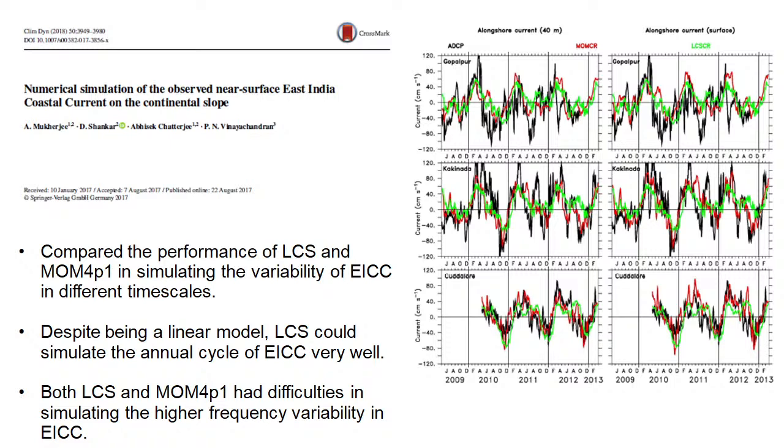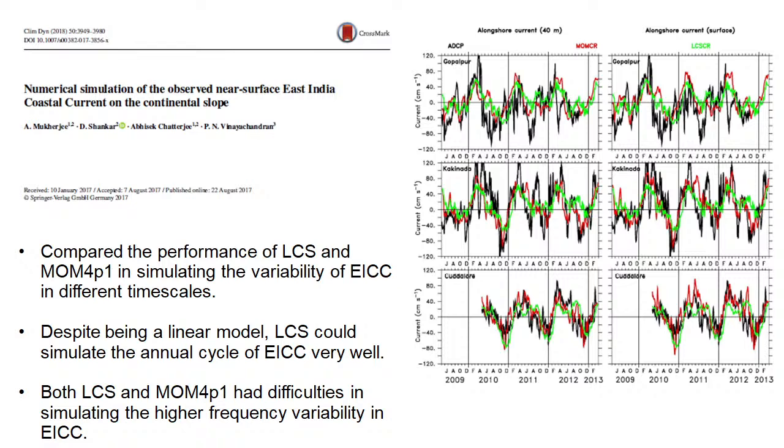The interesting part is that, to a large extent, the models are able to simulate the annual cycle, and both models, whether it is LCS or MOM, the quality of simulations is not very different. They do quite a good job, at least in the annual cycle